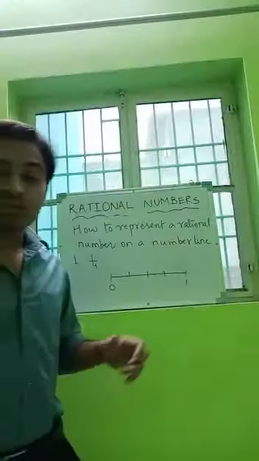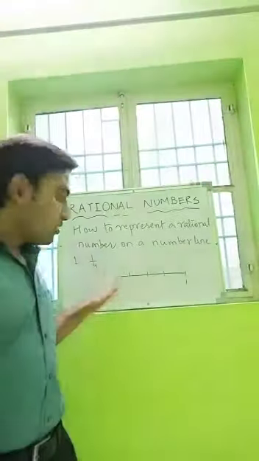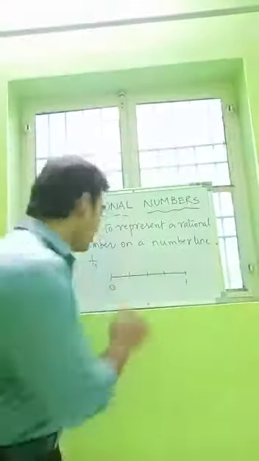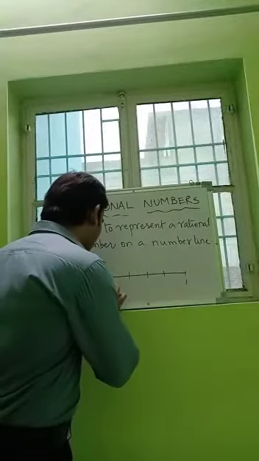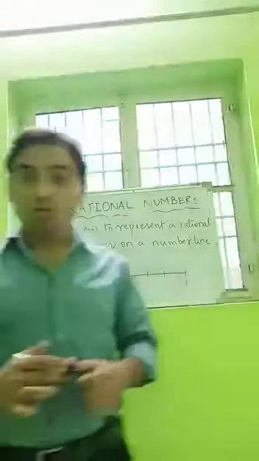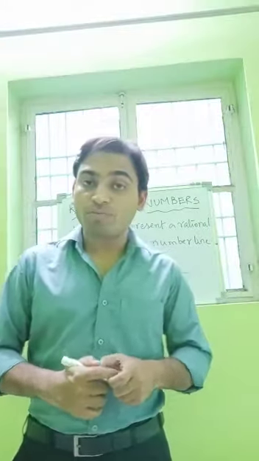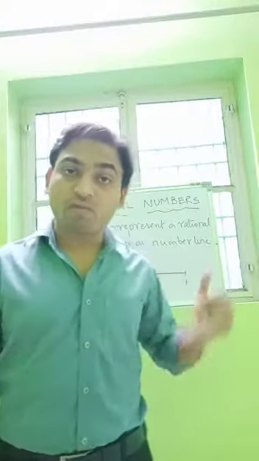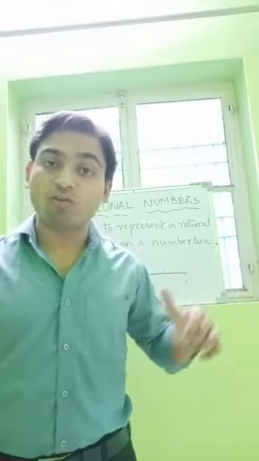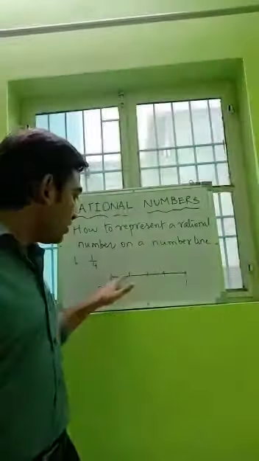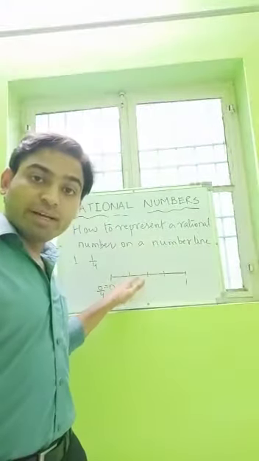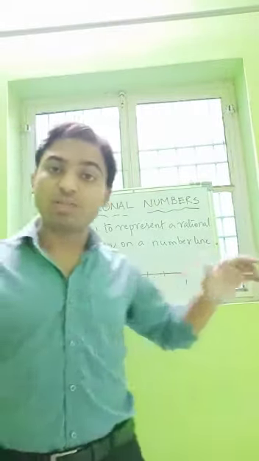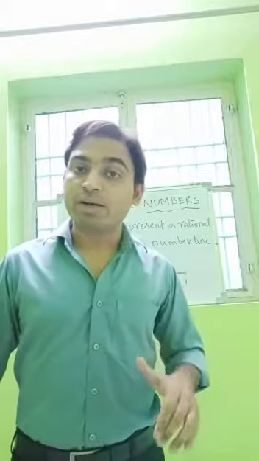See, we will start from 0. Now the first point is 0, or we can write 0 as 0 upon 4. Why are we writing 0 upon 4? Because the given rational number 1 upon 4 has 4 in its denominator. Therefore, we write it as 0 upon 4. Now move to the next part: after 0 upon 4, it will be 1 upon 4. Next, 2 upon 4, 3 upon 4, and it will be 4 upon 4. This means that 4 upon 4 and 1 are the same point.